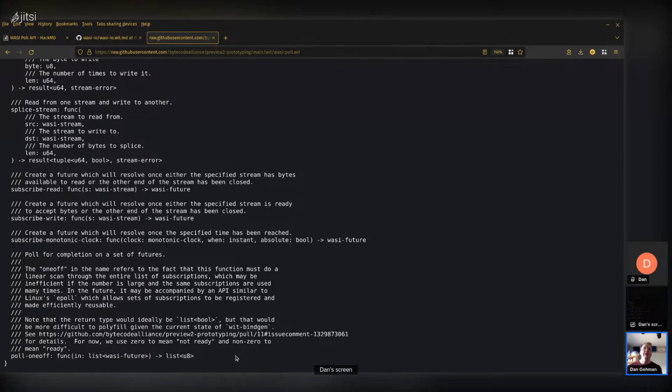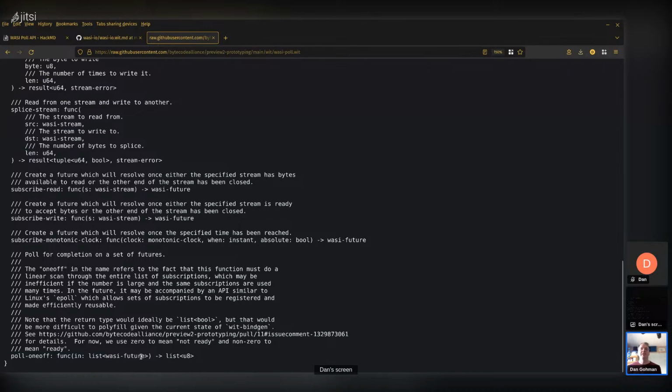And then it'll give a list of U8. As the comment here says, ideally that should be a list of bool, but there are various tooling reasons why we're not doing list of bool right now. Conceptually, this is just a list of bool saying which of these waitable things was ready. I think we're actually going to iterate on this, because there's potentially some information that we don't have that we might want coming out of this. Like in a Unix poll, you get information like not just whether the stream is readable, but whether it had an error.